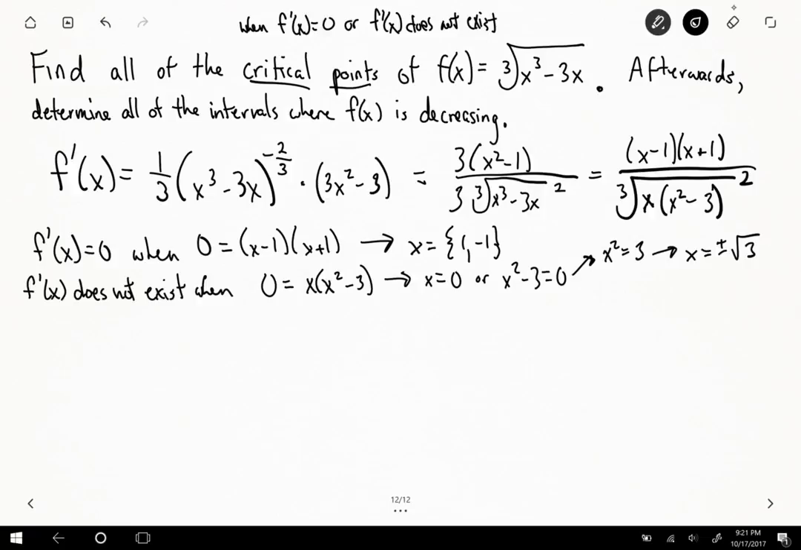Okay? Well, if we're taking a look at this now, we have x equals plus or minus the square root of 3. We have x equals 0. Our solutions for this are x equals negative square root of 3, 0, and positive square root of 3. Alright. So our critical points